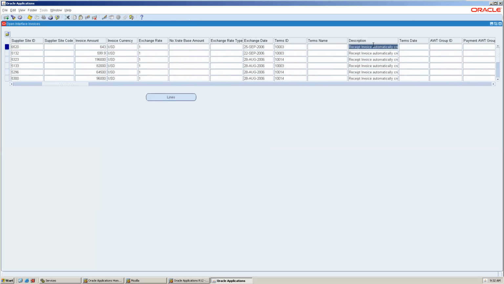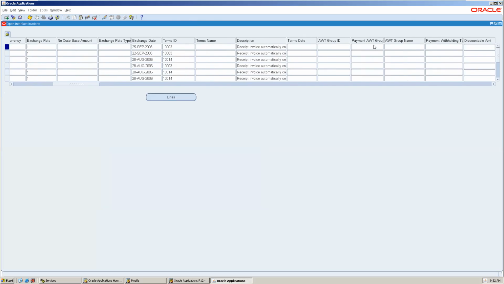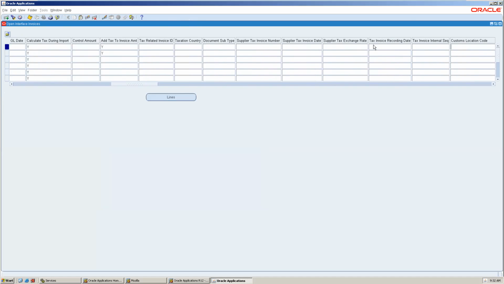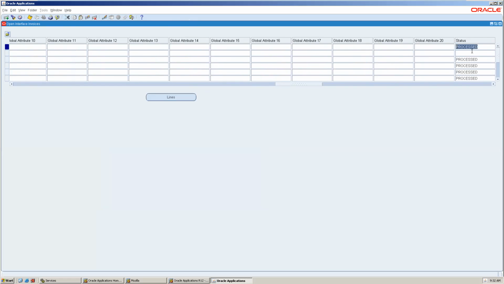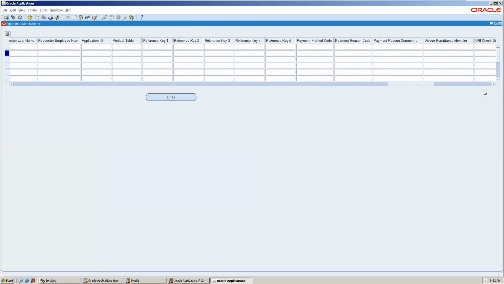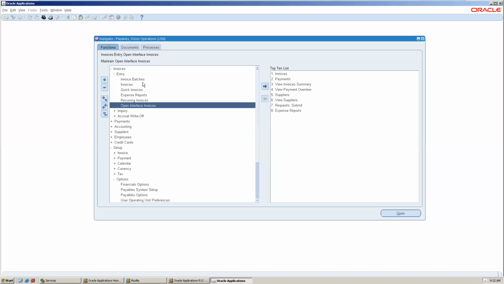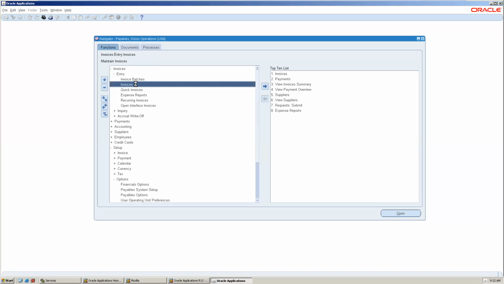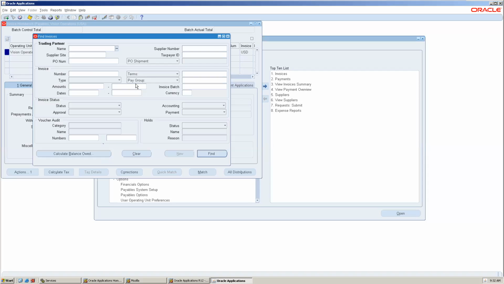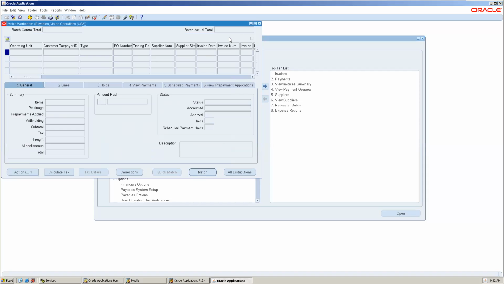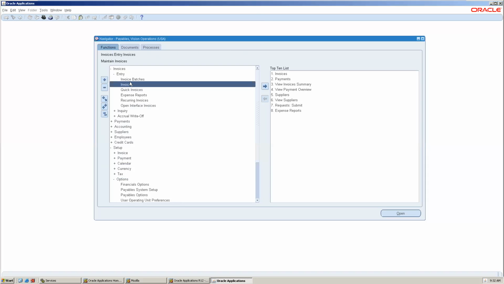See, the description is receipt automatically created. Maybe the invoice number is missing, date is missing, that is missing. The technical team will help. See the status processed. This is not processed. Why? These are all things only the technical team will help us with. Maybe it is not properly filled in. So I cannot create the invoice in AP. It is read only. Either you can create it as a batch or a single invoice based on the profile option.